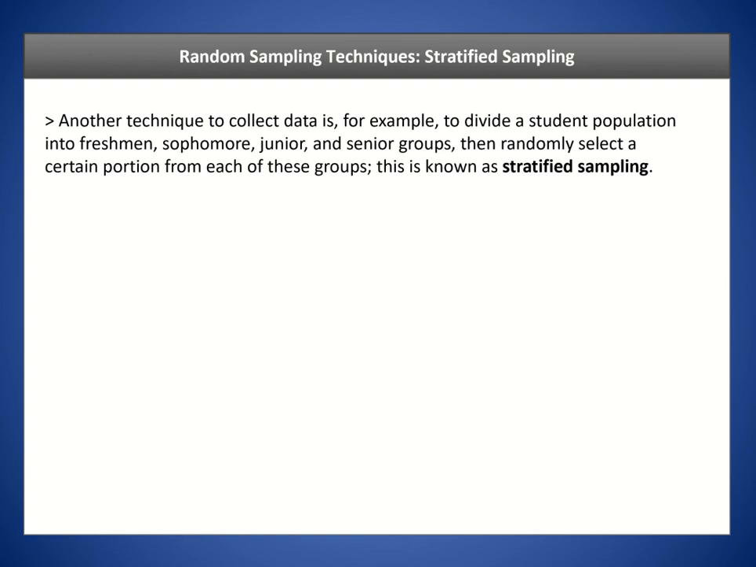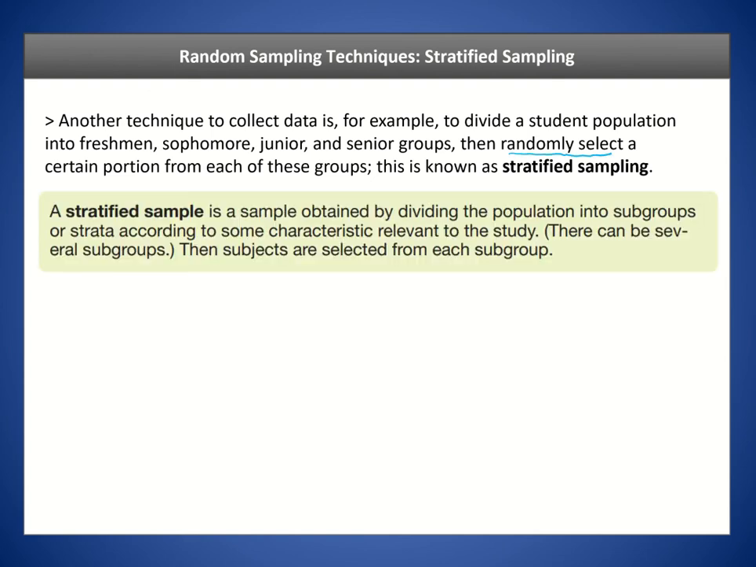And then what you do is select a certain portion from each of these groups, and that's known as stratified. Now, keep in mind that it still has to be random. All of these are random techniques. So for a stratified sample, you divide the population into groups, and then you select from each group a certain amount of people. Okay, so for instance,